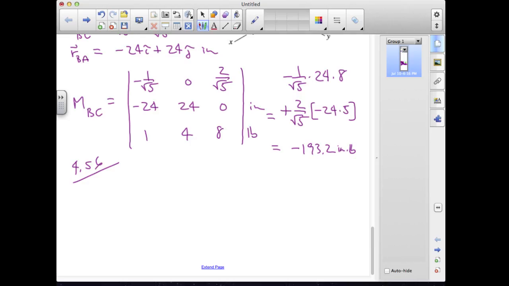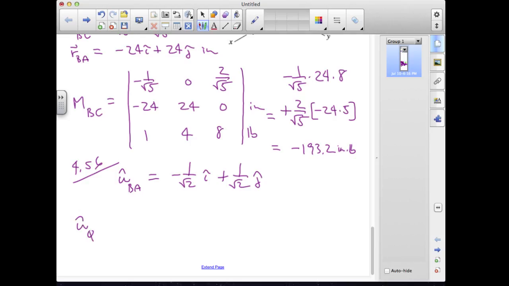We have our relative position vector from B to A, and we can define a unit vector from B to A as the relative position vector divided by its own magnitude. That ends up being minus 1 over root 2 i plus 1 over root 2 j. Now those two unit vectors, the unit vector from B to A and the unit vector from B to C, are not necessarily going to be at 90 degrees to one another. So if we want a unit vector for Q